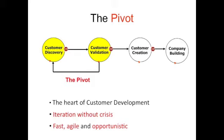Your view of the pivot is different. Why don't you talk about your view of what the pivot's about? Well, I think in a startup, if the startup and its investors and board members are really committed to being on an honest search for a repeatable, scalable, profitable business model, then a startup should be pivoting all the time as it learns a better way to go to market, or whether it should be a lease instead of a purchase,